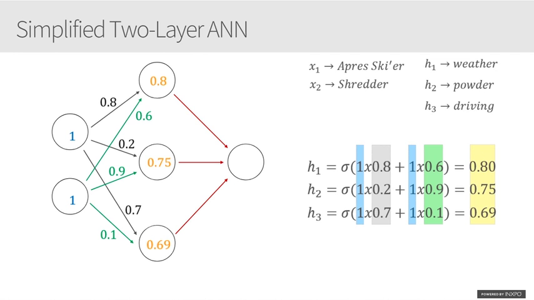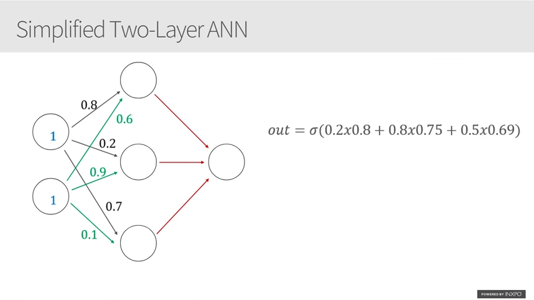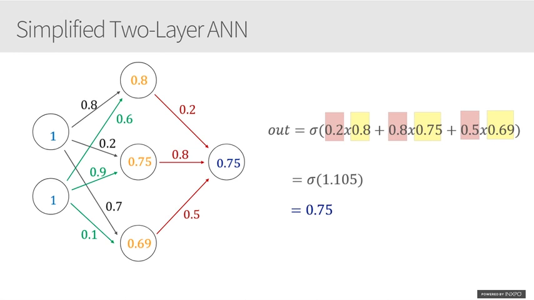And then there's our hidden layer calculations. All right, and now what is the output? Well, again, we start with the hidden layer calculations. Now we have our second level of edges here in order for us to do our calculations. So the sigmoid of 1.105 ultimately results in 0.75, meaning that I guess I'm going to lean more towards snowboarding